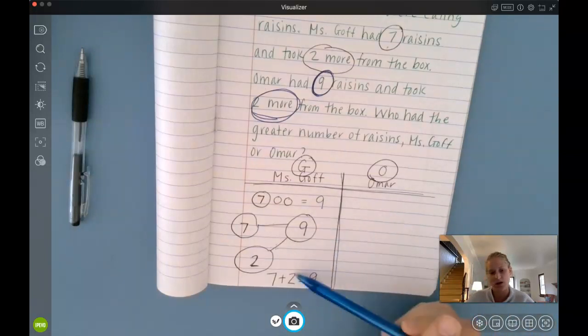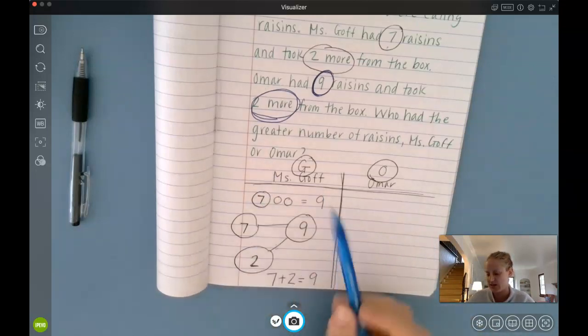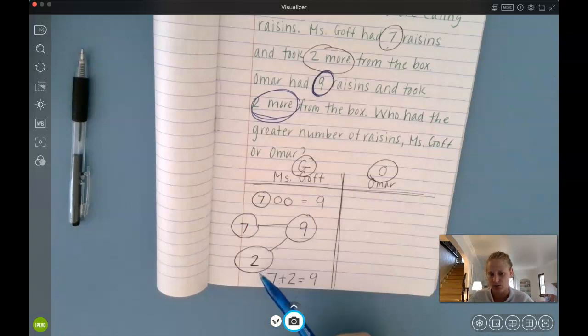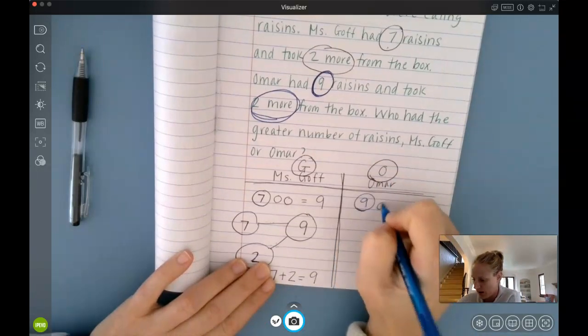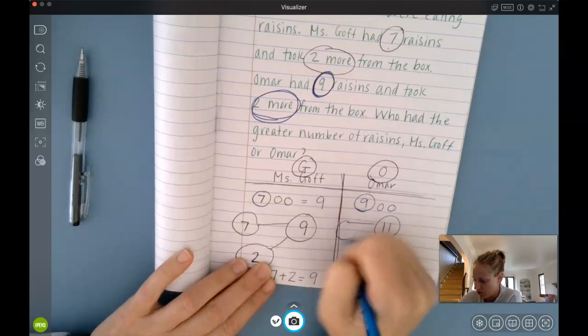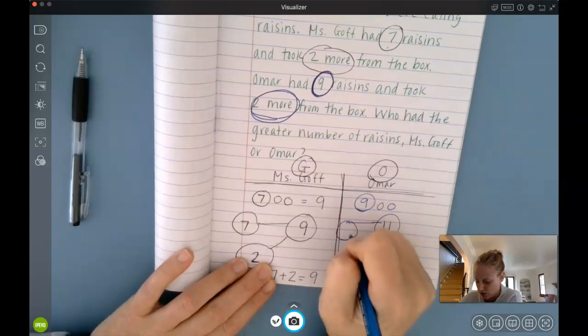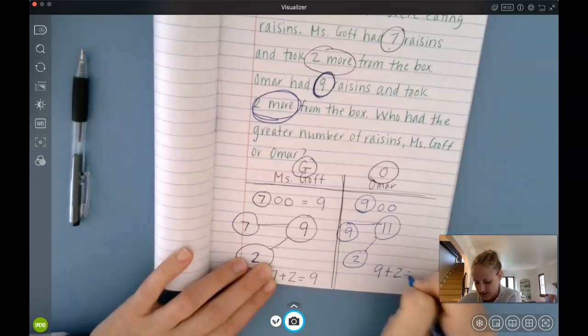And then same here, Christy, you could model strategies. It might be one of these strategies that you choose to model again, or maybe you see a student do quick tens or a different counting strategy, and that's great too. What's important here is that you're emphasizing the range of strategies that can be used, and you did a nice job modeling that today. So then we would show, again, could show 9, 10, 11. You could show a number bond, and you may be showing, again, a different strategy here too, with your 2 parts. You may have shown a number sentence.